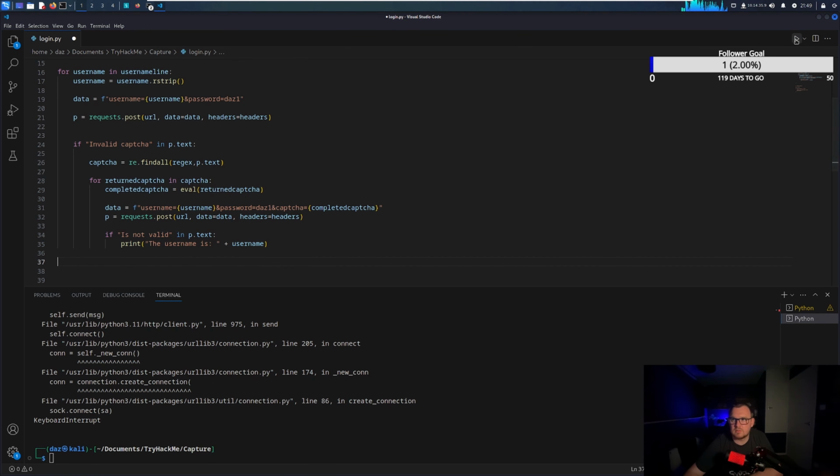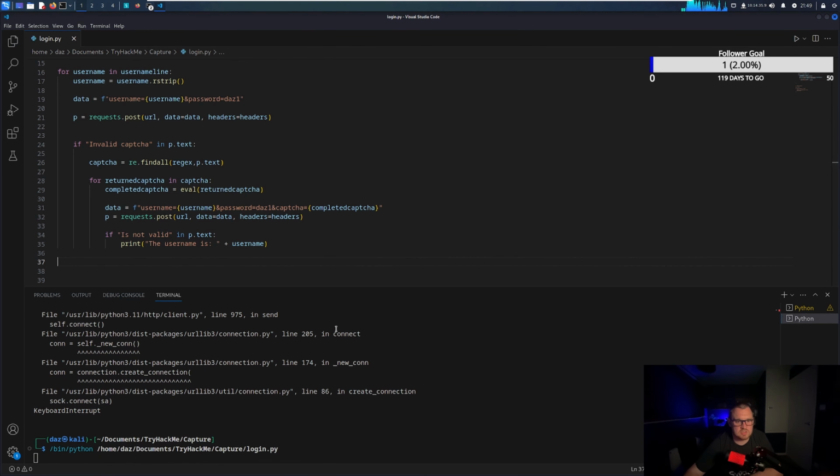Okay, so fingers crossed. This should be going through all the usernames in the file, checking each username, doing a post request for it, completing the captcha, and then if we get is not valid in the response,